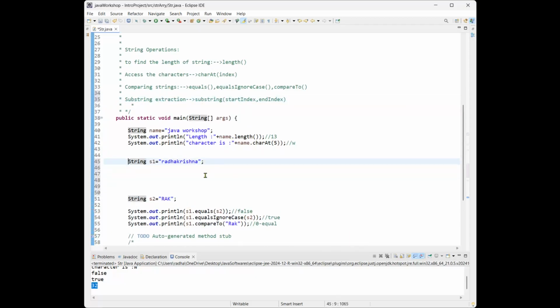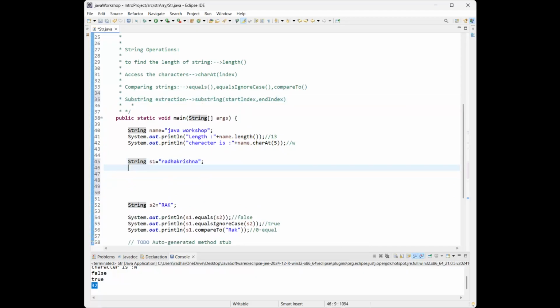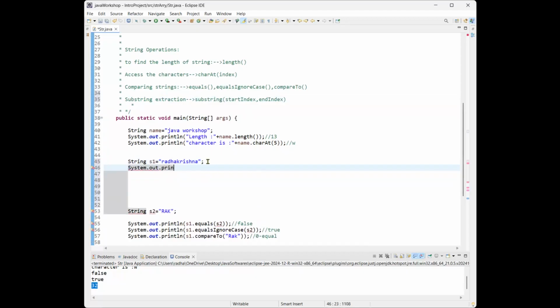Now see here, from the name Radha Krishna, I want to extract only RADHA. I want to extract just this substring from any string. So there you want to use a method, and I am writing this output string so that you can get it in the output. So here I give substring